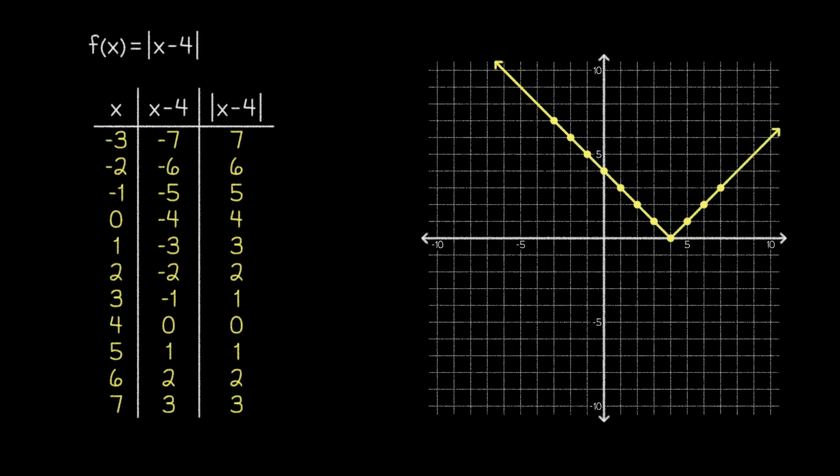Now, even though we successfully completed this graph, it was a bit annoying that we had to find and plot 11 different points to do so. So let's consider which points on this graph were the most important for us to plot. The bottom point, where the graph changes directions, formerly known as the vertex, is the principal point to know about. And if we then plotted 3 points on either side of the vertex, that would make these 7 points the most important.